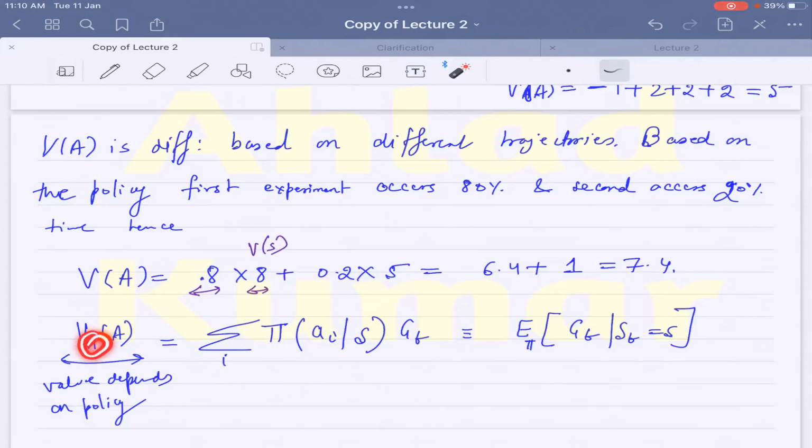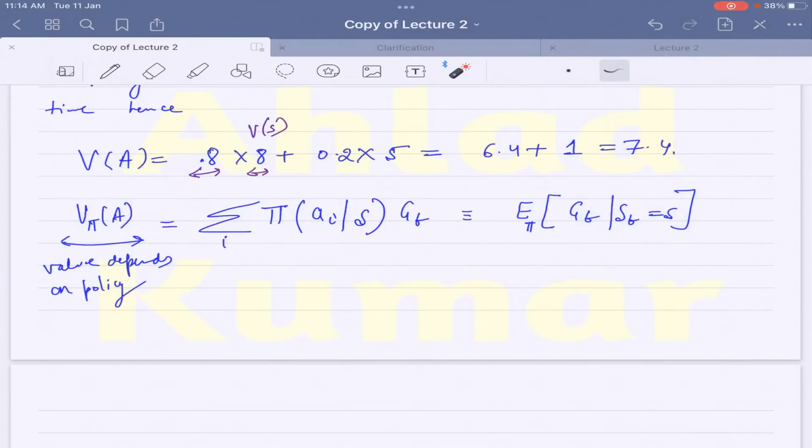That's why V pi, the subscript pi, comes into play, because of the multiplication of the return by this factor. So there is a change in the terminology, and you have a pi in the subscript that denotes that your expectation depends upon the policy which you are following for that particular stochastic environment. Now, as we have understood how this value function is calculated for a Markov decision process, which depends upon the policy pi,